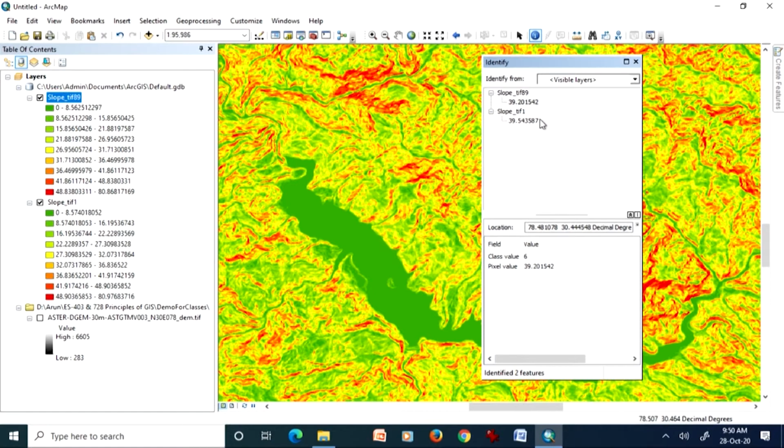39.20. That means for this particular location, for this particular cell, if I keep Z factor 1, then it is overestimating our slope. Let's try with some low values, like these green areas, mid green areas like this. So here with Z factor 0.5089, the slope value is 19.927378, whereas when Z factor equals 1, it is 20.